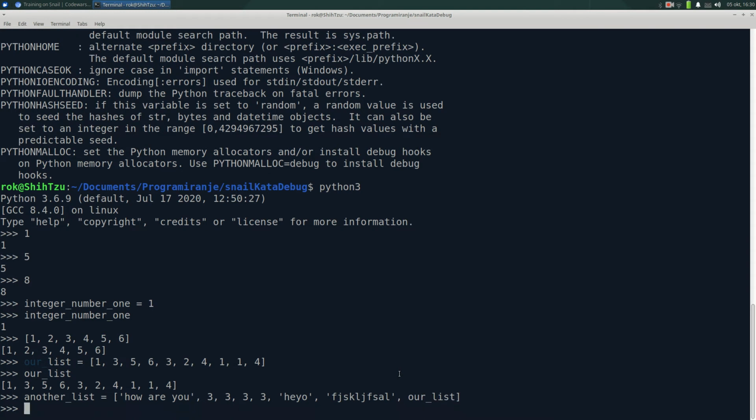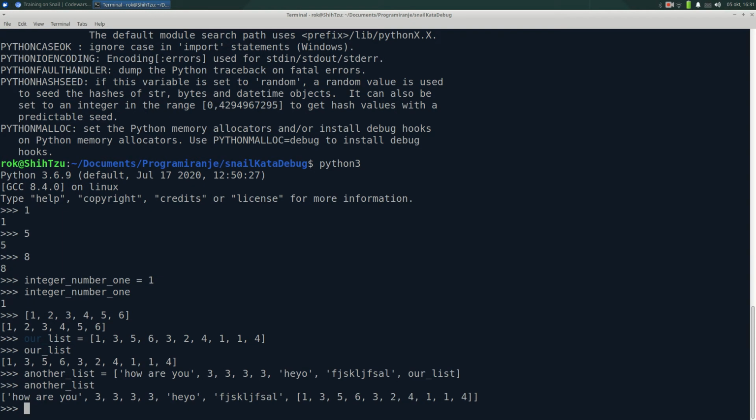And we have created another list. Another list. Here we go. And as you can see, we have put strings, integers, and even variable names into our list. And the output is exactly the same, except that this element, which we put in as a variable name, is now a whole. We get the contents of this variable, because our list was defined here, and our list is